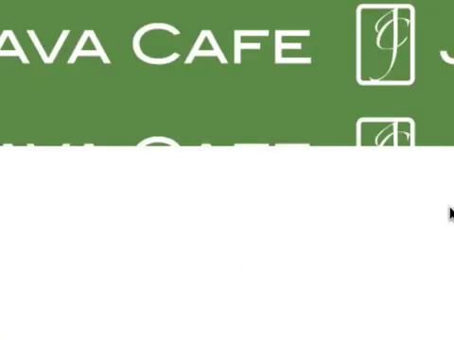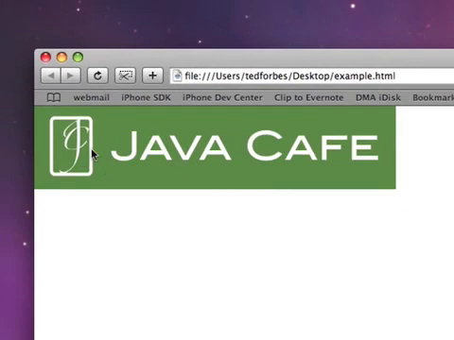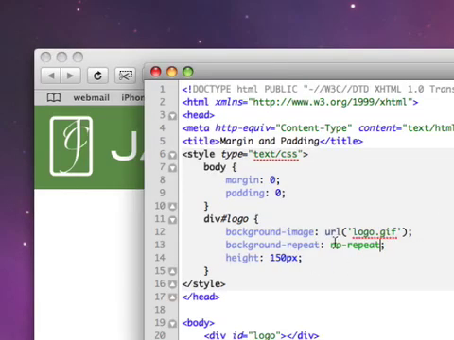So when I go back over here and refresh the page, I can see that now I only have the image occurring once. I do not want it to tile. There are two other things you can do to control this. In a logo situation, it's not very useful, but perhaps you want some kind of tiling background, but you don't want it to tile one way or the other. I'll show you there are two other controls for this. No-repeat is the first. Here's another one, repeat